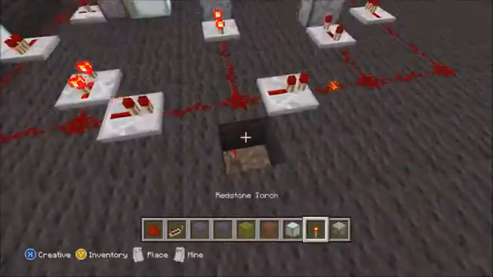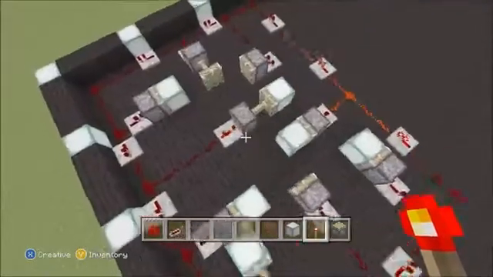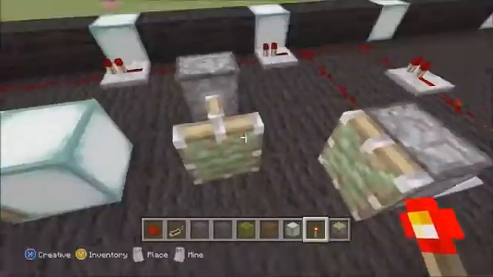All right, so when you make this clock, you've got to put the red torch down and then take it off right away. Otherwise, it's going to be a full circuit and won't go anywhere. Oops, that one's not working. What did I do? That one doesn't have a glowstone. That one doesn't have, and that's going to